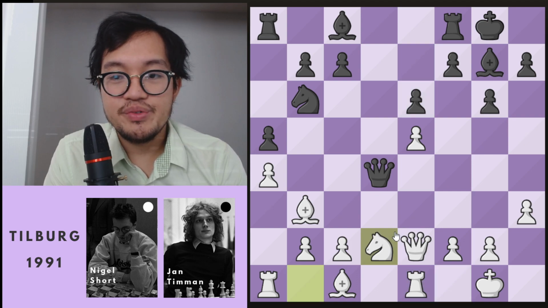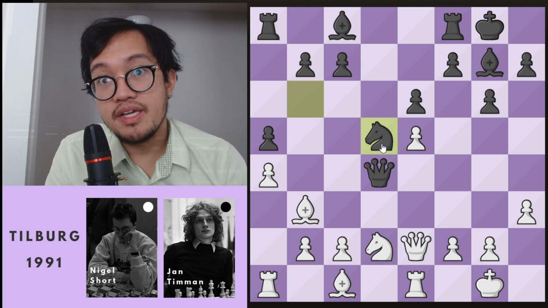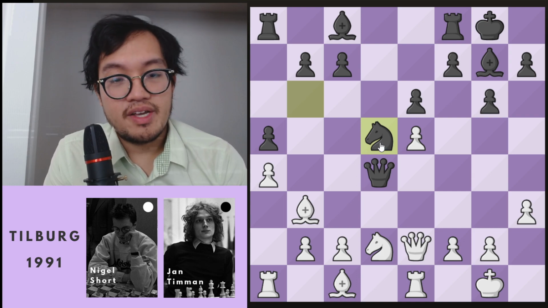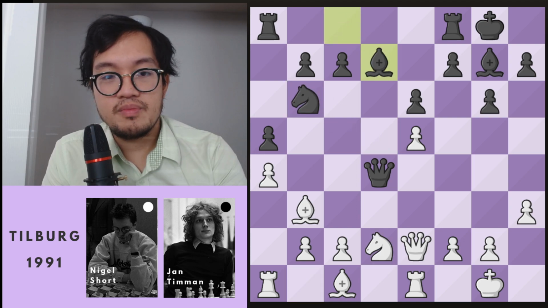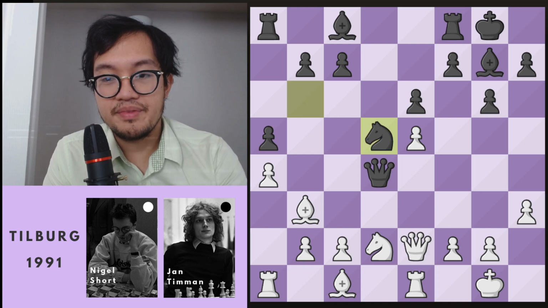Then we have knight to d2, knight to d5, and it's this move that makes this game the only game in chess history with this move. Oh my goodness. Okay, so now this knight is centralized, so it's a pretty logical move. What could also happen maybe is you just develop your last piece, something like that. But all right, knight to d5,